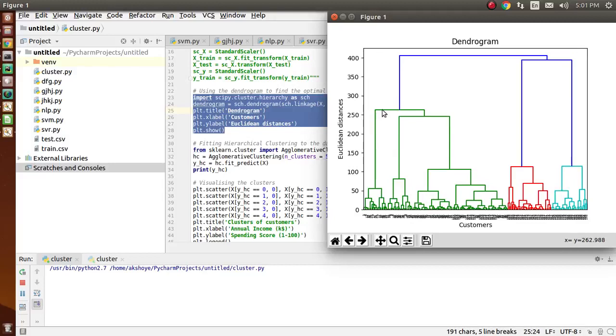We calculate the Euclidean distances parallel to the customers. Let's come to the blue line. This is the Euclidean distance from here to here for this particular customer.